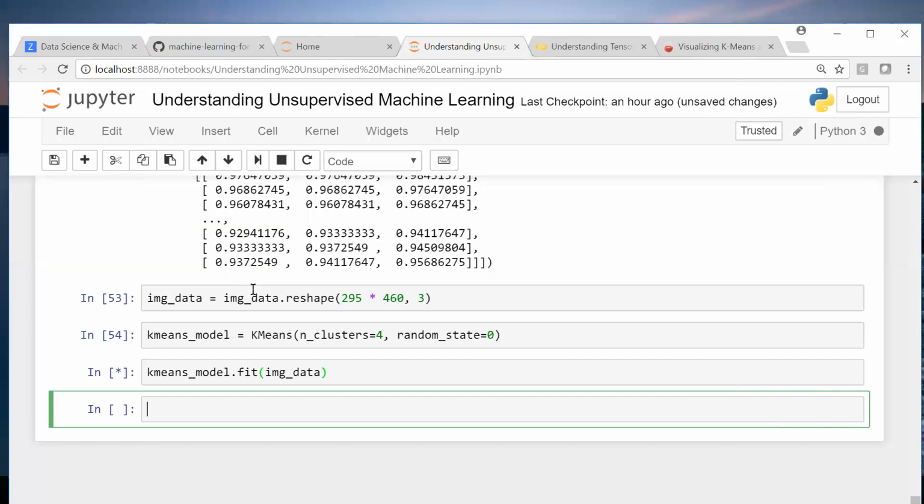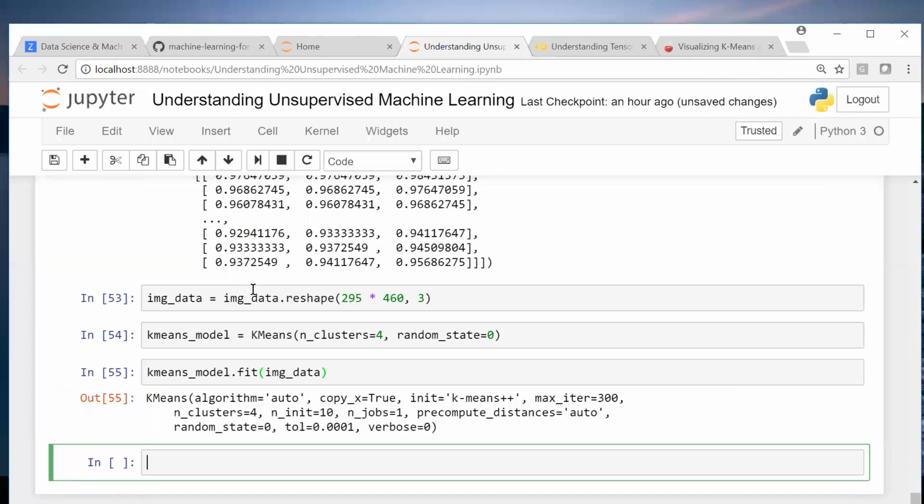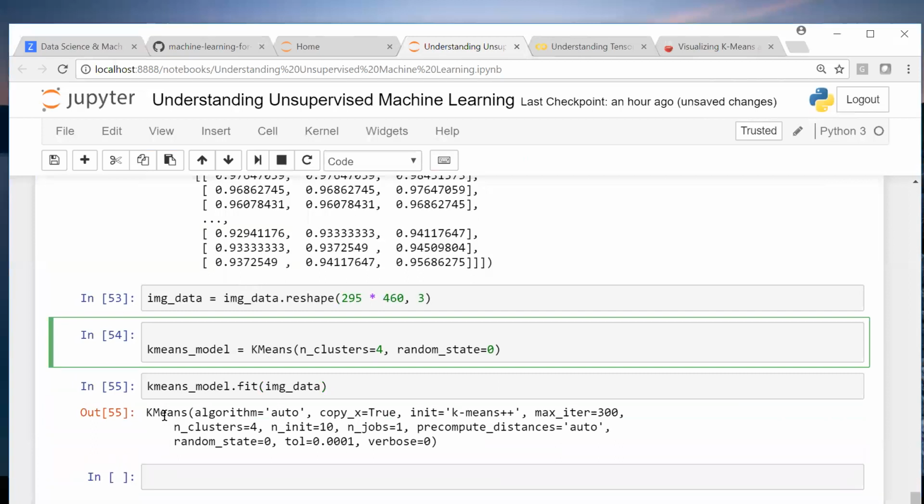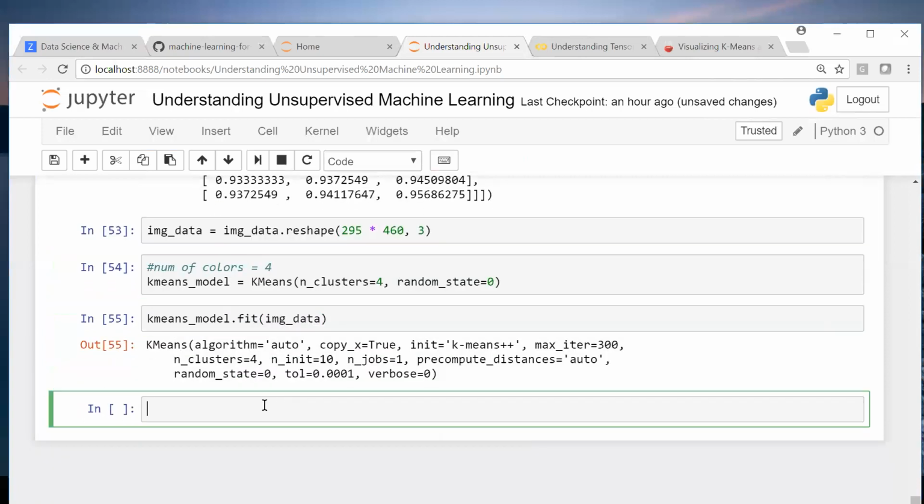Remember, it is just one small image with 4 colors. So we assume 4 colors. The number of colors is equal to 4. Right, then you have this.